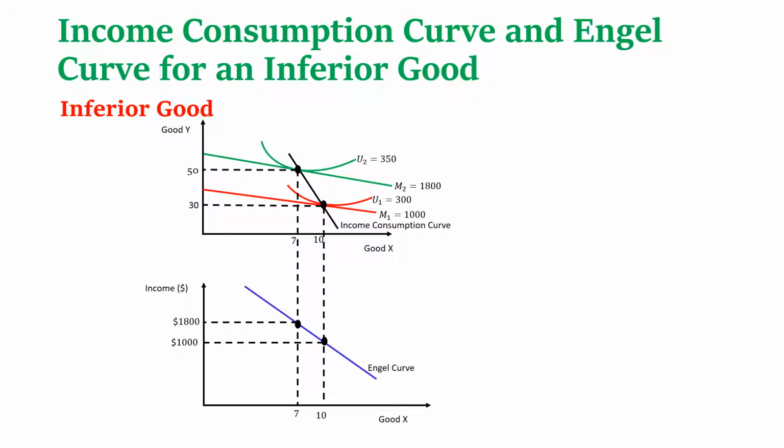The original tangency point was point A, and then the new tangency point is at point B. Now, look at M1 here. M1 is $1,000, when the income of the consumer is $1,000. The consumer consumes 10 units of good X and 30 units of good Y, at a given utility of